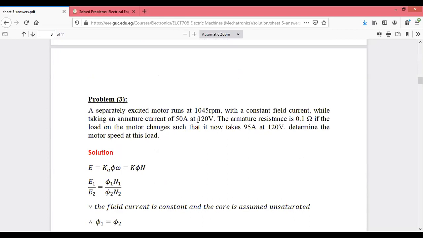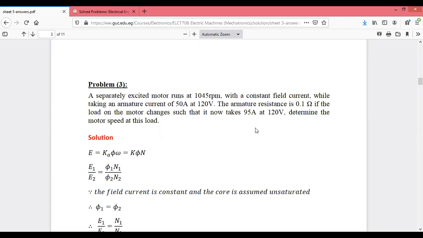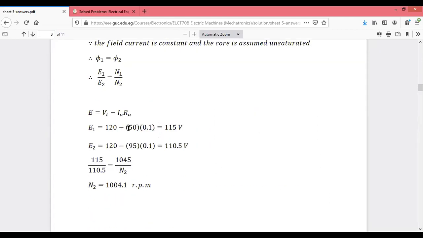When 120 volt and speed 1045, the current is 50 ampere and the next time the current is 95 ampere. So you can take that value as 120 minus 50 into 0.1, and again with 95 in place of 50. If you solve you will get E1 equal to 115 volt,